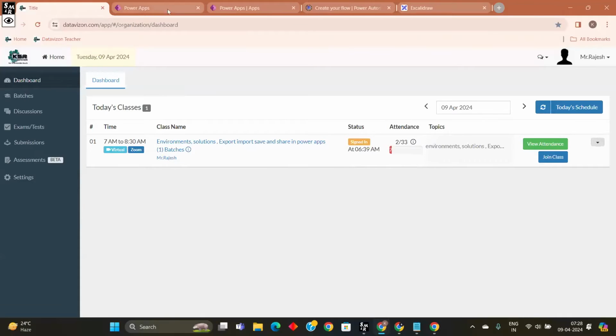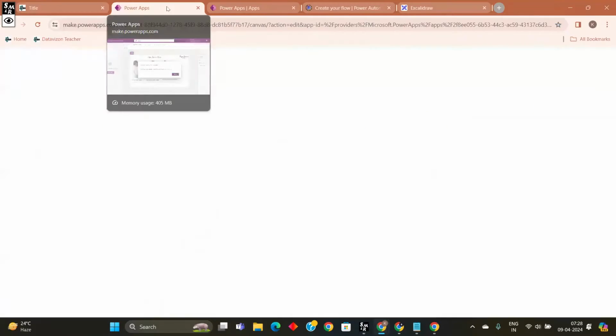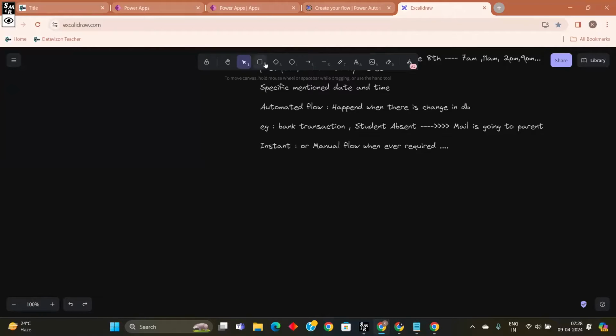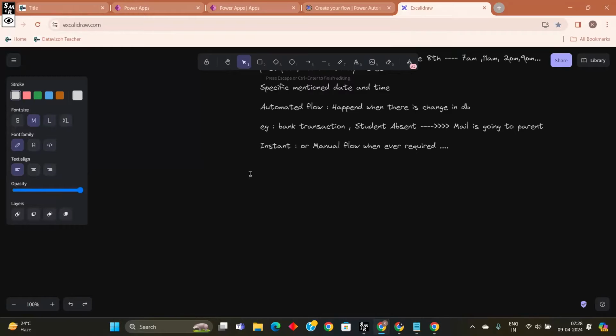Whenever you are an administrator, or starting a project with Power Apps, we require a valid tenant. That valid tenant we get on purchasing a license from Microsoft. We will always start with a valid tenant to start a Power Apps project, a Power Platform project. We buy a license